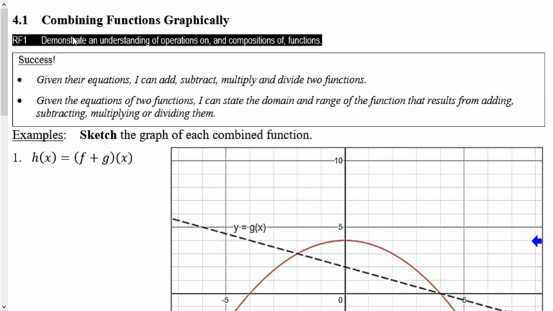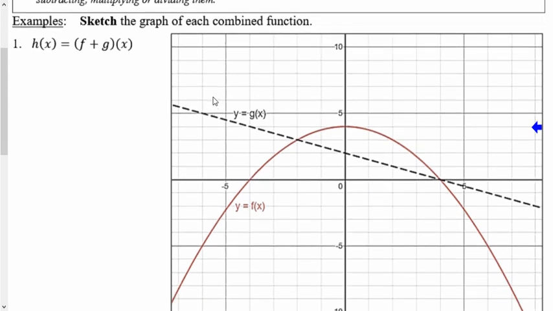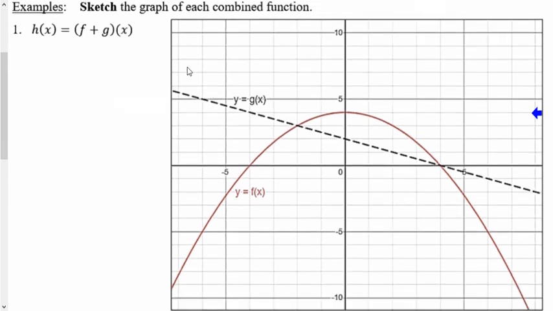In our workbook, it is a math lab, but I've found that it is beneficial for most students to see some examples before the math lab. So here we go. Question number 1. We are given two graphs, f of x and g of x, and we are asked to add the two functions together. Now, right away, we need to take note of this notation that we have up here,